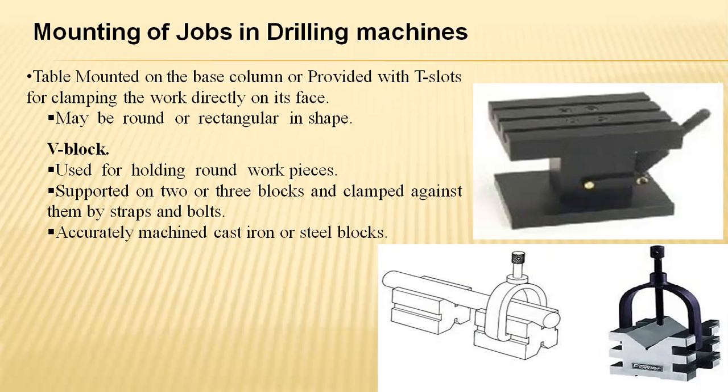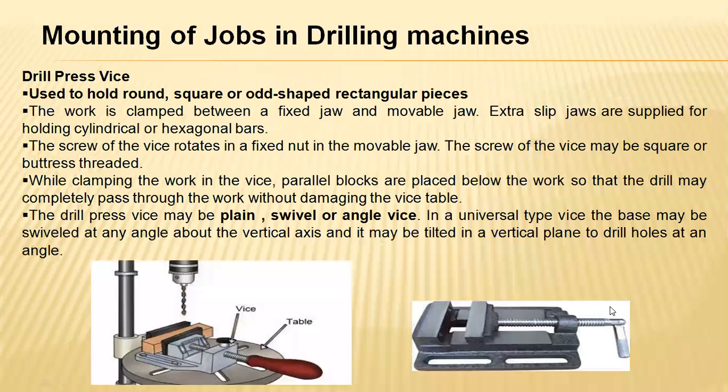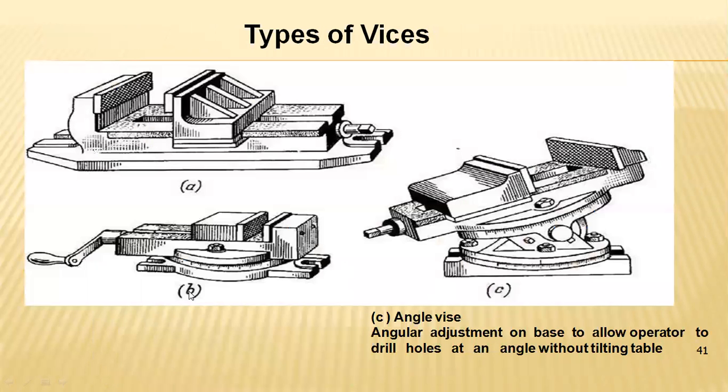It may be round or rectangular in shape, used to hold the objects for the working process. Coming to the V-shaped blocks, as clearly shown in the second diagram, the objects are held in the V-shaped section with tightening of the screws. Mounting jobs in drilling machines, the screw vise will be fixed over here between the two clamping devices, and is arrested with respect to the table by tightening the screws. Use it for non-movement and process the drilling actions.